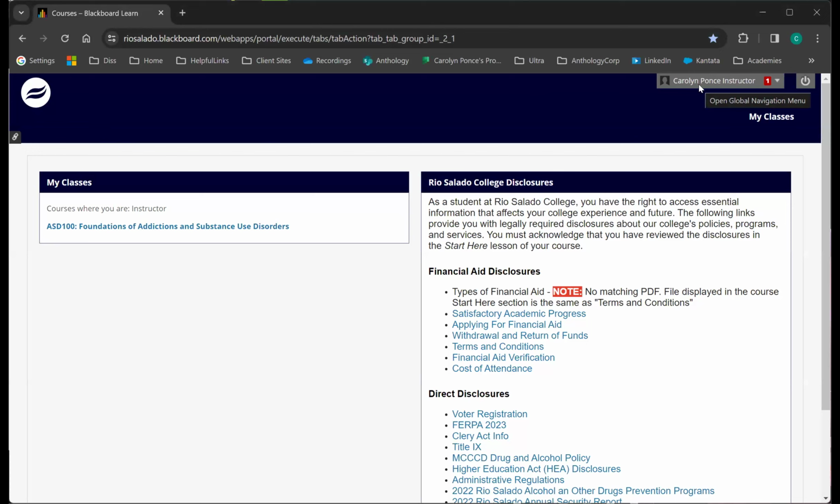Some of you that may have extra privileges on the system may see an extra tab that says System Administrator, or System Admin, or even sysadmin, depending on what it's labeled. If you do have that particular access, I am not covering that tab today or those privileges. If that's something that we need to circle back around to and provide any extra training or knowledge about, we can do that at a later date.